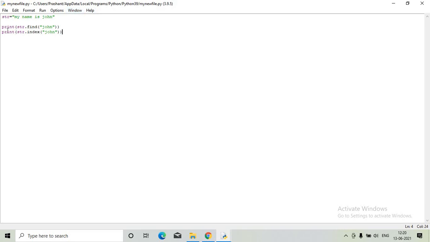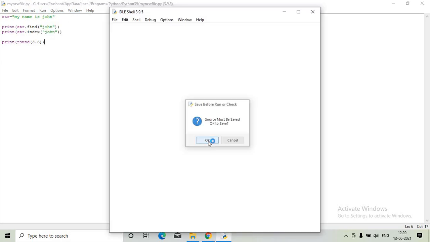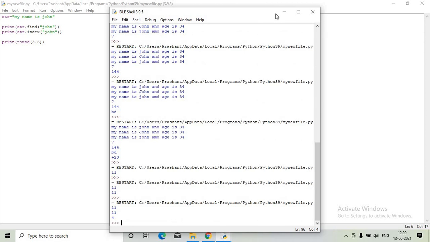We can also have some rounding values. How to do this rounding? For example, I take some number, like integer values. I just say round off 3.6. It gives you the exact round figure of 3.6, so it is 4.